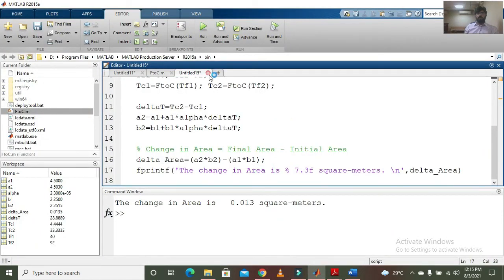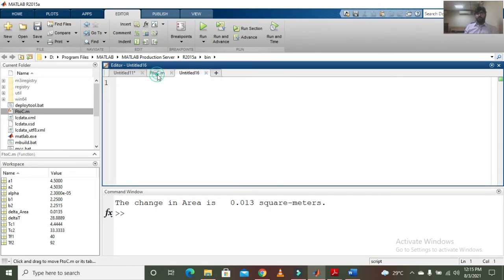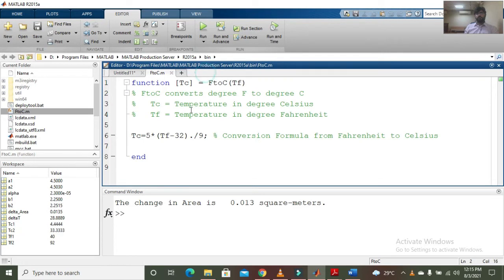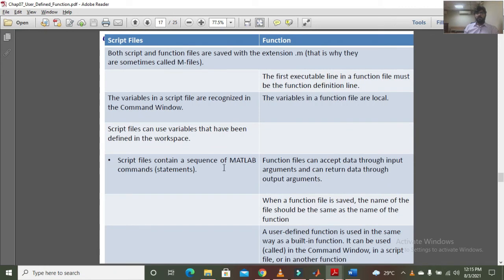Now moving towards another example. In fact, there are some differences between the script file and the function files.